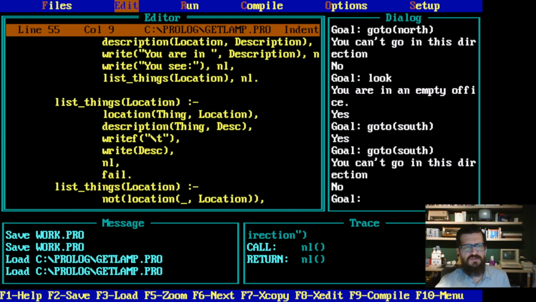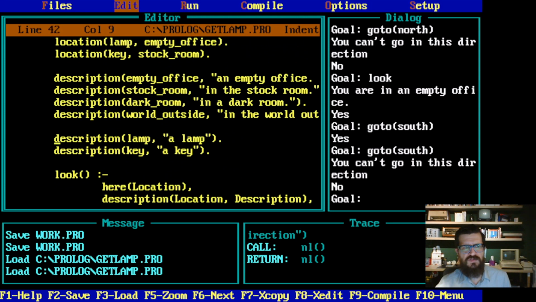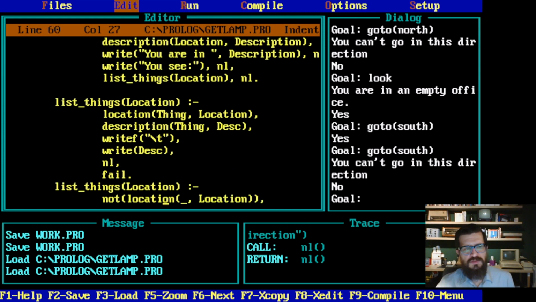So basically, if you have, for instance, in this location a lamp, you're going to print a tab and then a lamp, and then you print the new line character, and so far it's all familiar stuff. We have seen this in the previous examples, but here we have a fail. And why do we have this fail if we actually had a match, right? We got here, we found a thing that is in our location and we print it out,